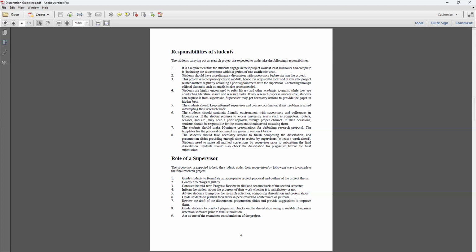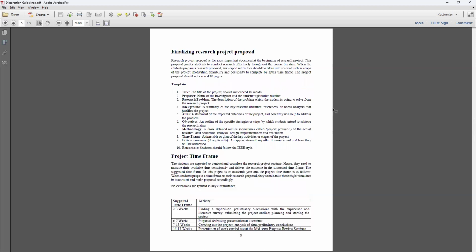Then from the very beginning of your project, the supervisor will engage in your work, and he or she will understand what you are doing. And if something goes wrong while reviewing the chapters continuously, he or she will be able to guide you pretty easily.